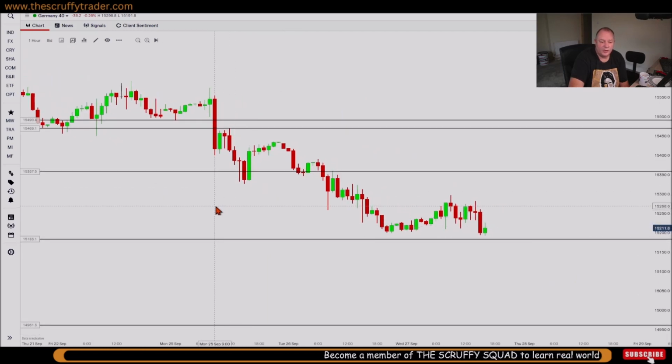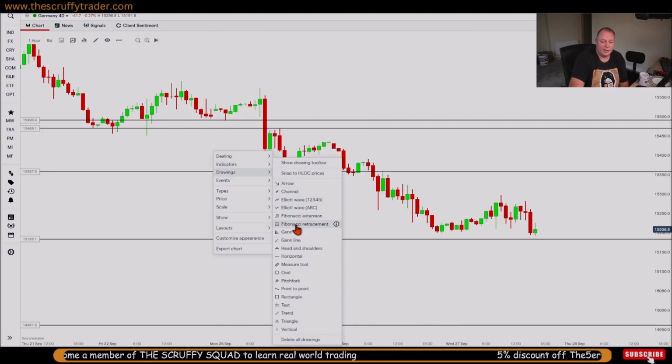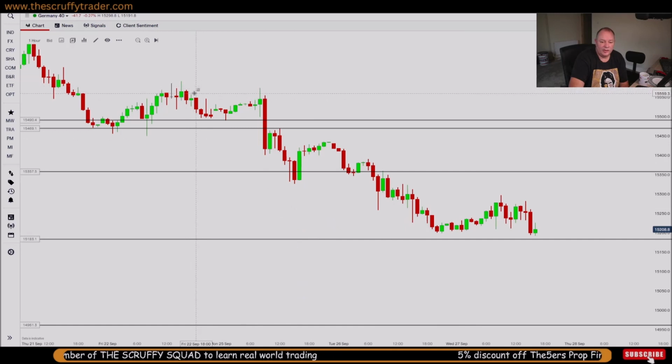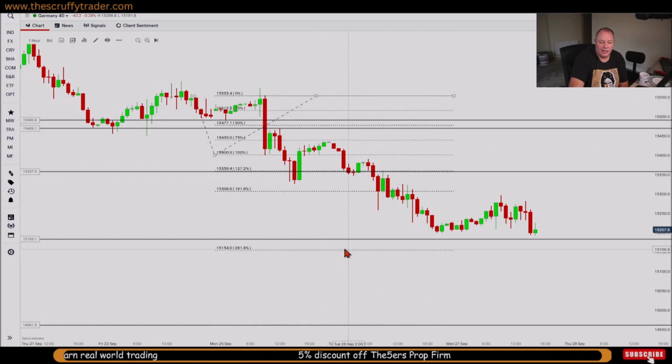Simple stuff. Right, okay. Is this a valid level? Well, what can I see here? Well, I can see the motions in place, but I can also see an overextended candle, which is here. This is called a power shift candle. Get your extension on here, because I want to see how far this could feasibly push down to if it breaks that candle. Well, again,